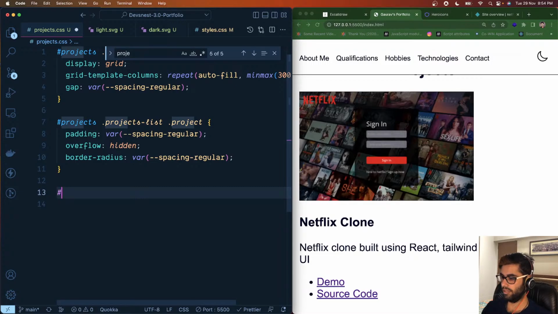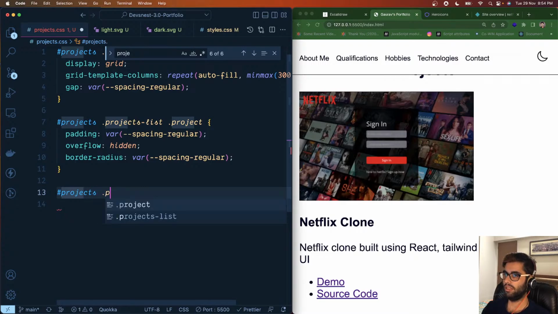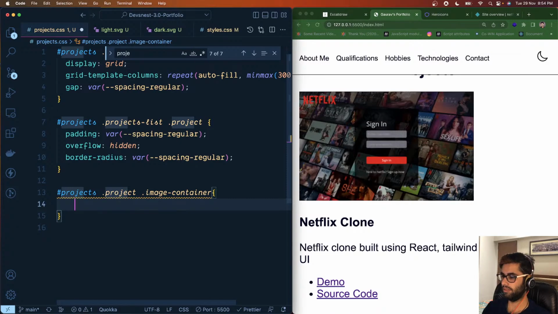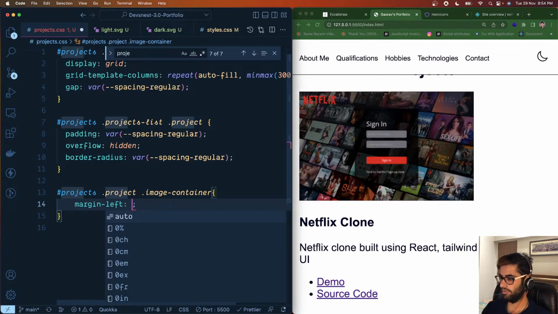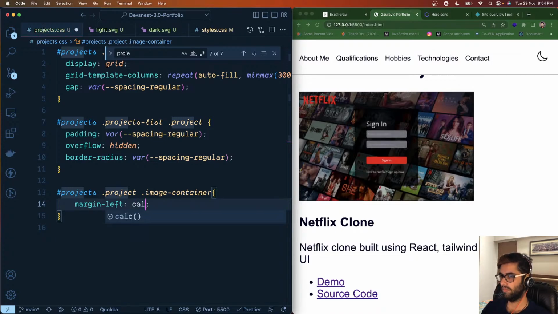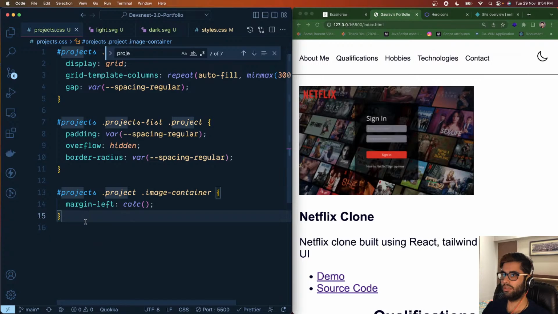And for the projects and within that the project, and inside that the image container, we will give a margin left. We'll use the calc function because we want to give a negative margin, but wait a sec, we'll come back to this. Let me save all of this first,